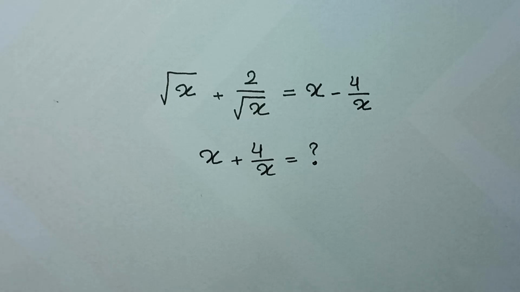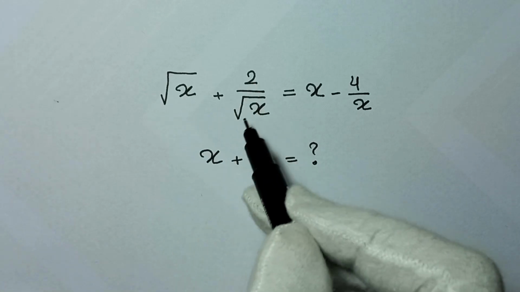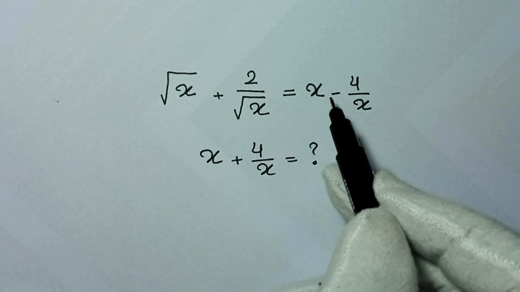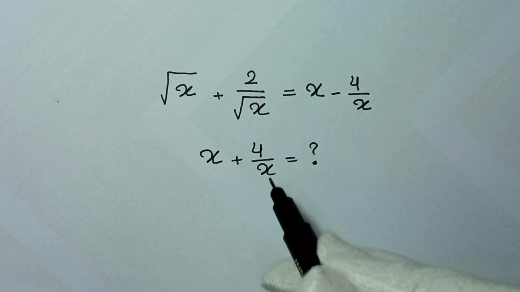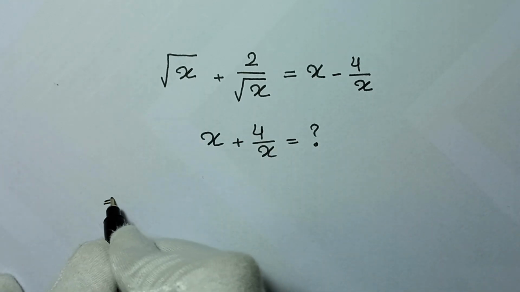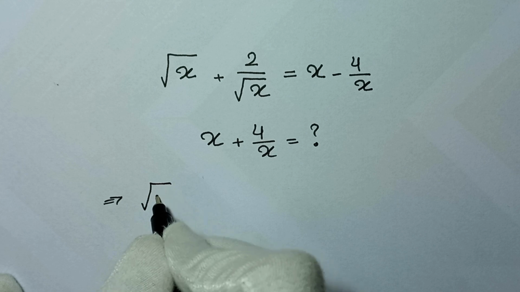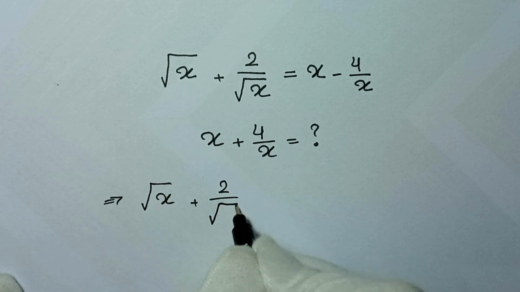Hello my friends, you're welcome to solve this first problem, which is: square root of x plus 2 over square root of x is equal to x minus 4 over x, to find the value of x plus 4 over x. In the first step from this equation, write square root of x plus 2 over square root of x